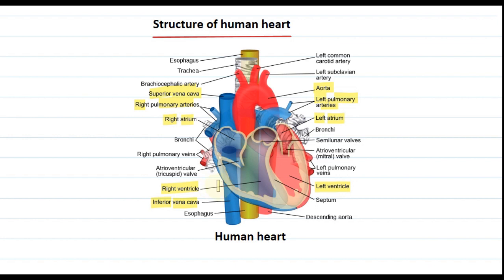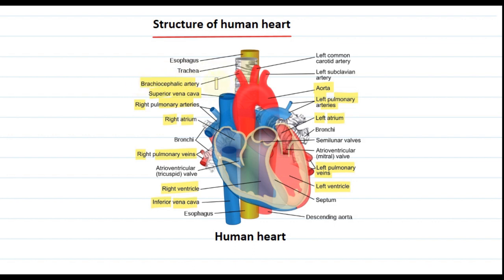Then there are the pulmonary veins. These are the right pulmonary veins and the left pulmonary veins. Pulmonary veins are the only veins that carry oxygenated blood, and they carry blood from the lungs to the heart. Then there are other parts of the heart, like the